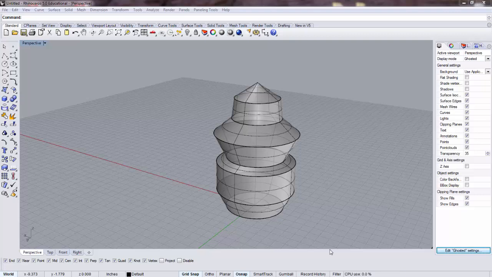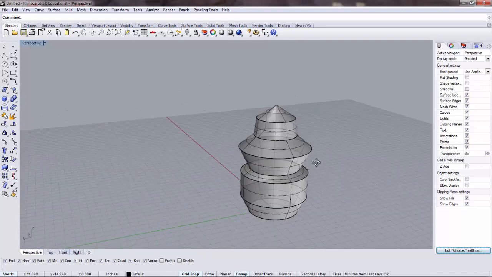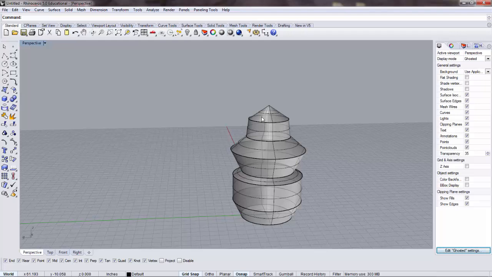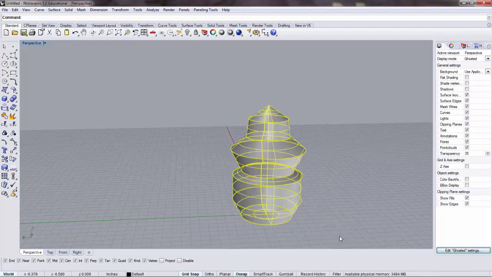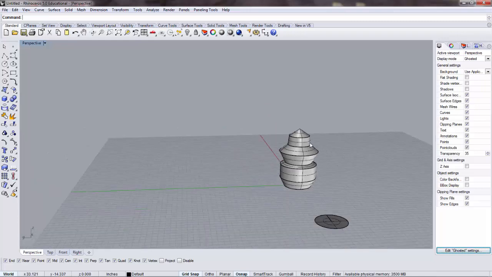So we're here now at our final part of the tutorial, hopefully. And I've joined this together again just to remind you that I can select these surfaces and explode it, and I have these individual surfaces. And I'm going to select this conical surface,